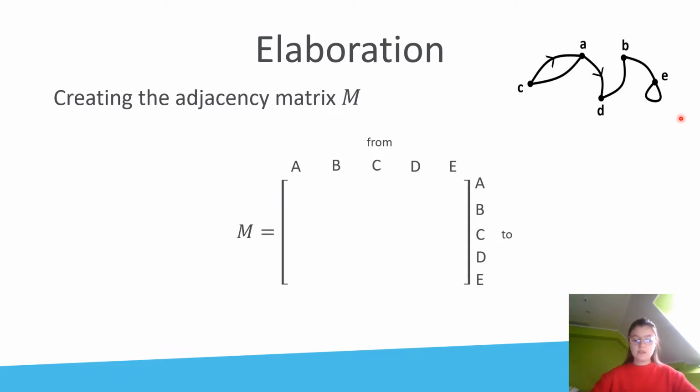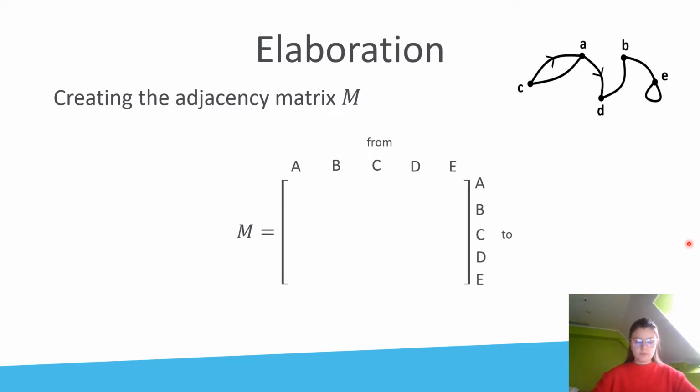Sometimes we can see a little arrow on the connection between 2 different nodes. This arrow tells us that there is a one-way connection. In our graph, we see, for example, 2 connections from A to C. But on one of the 2 connections, we see that little arrow. This means that this is a one-way connection. It means that we have a connection from C to A, but not from A to C.